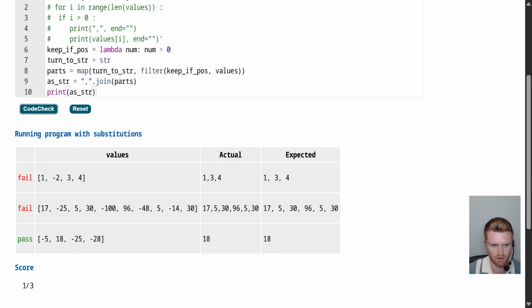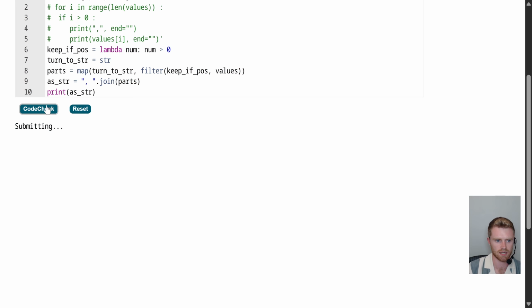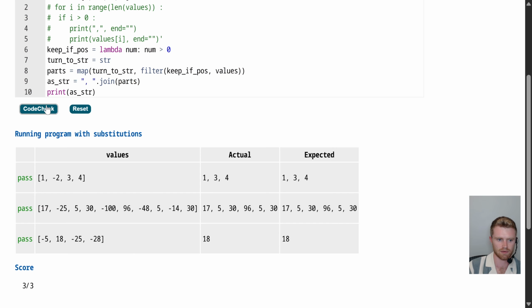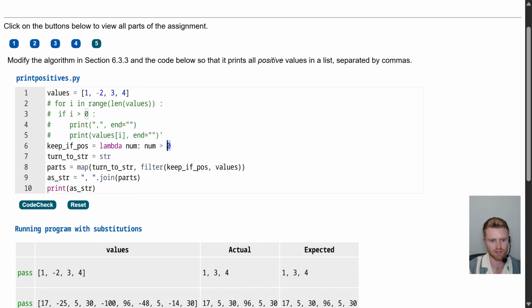Come on. Oh, no spaces. Expected spaces. Let's add a space. There we go. Okay. So again, probably not how they want us to do this, but this could be done